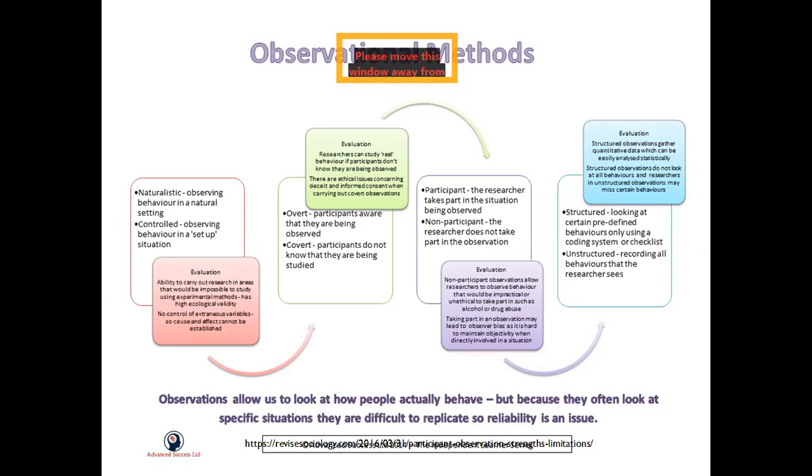Now, let us look at observational methods. Observational methods could be naturalistic or controlled. Naturalistic is where you observe a particular behavior in a natural setting. Controlled, where you observe behavior in a setup situation. Now, there is another type of observation